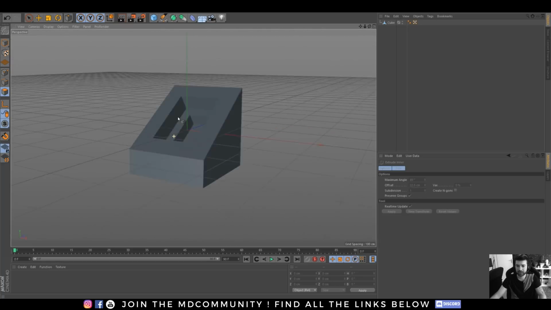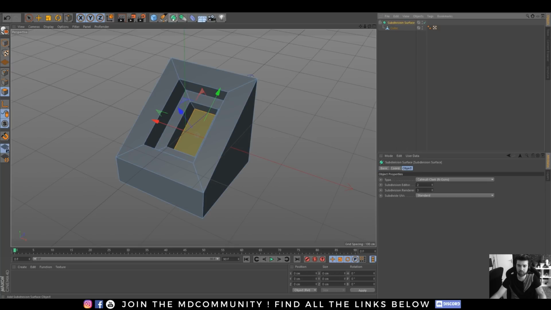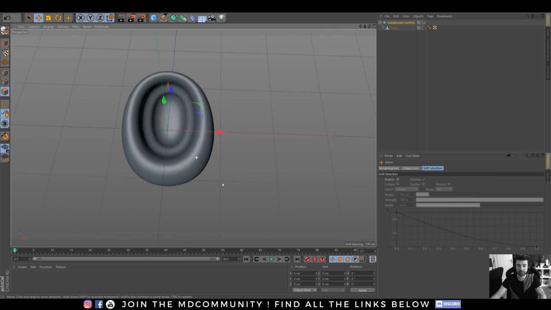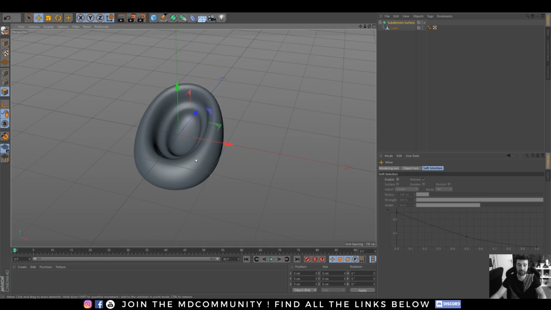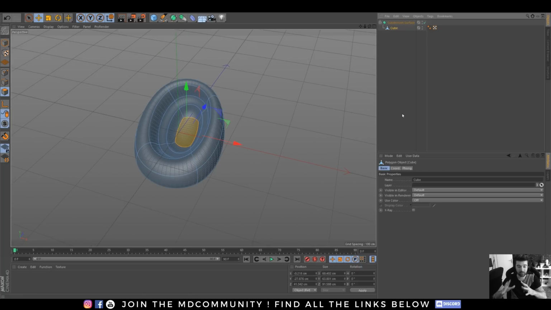And this technique is really nice because then I will be able to apply one subdivision surface and it will smooth my mesh. With this technique, I'm able to replicate and create most of the shapes and hard surface shapes, like mechas, cars, or basically anything. But this technique is not the only one. This is the most common, the most famous, the most used, and it's one of the most simple to start,